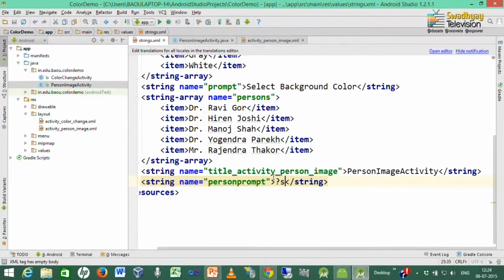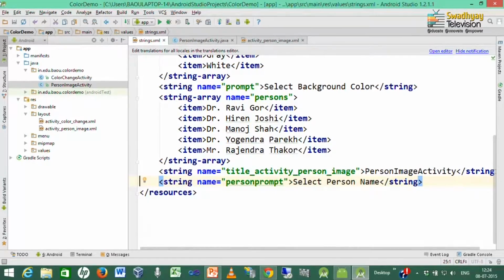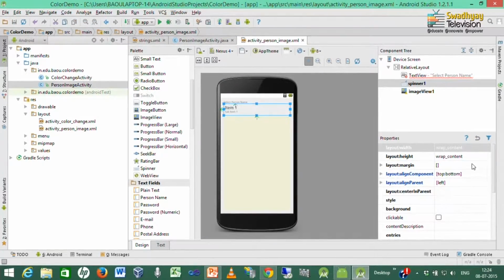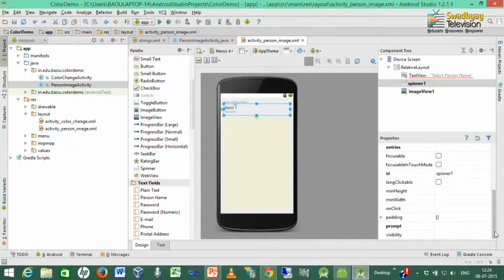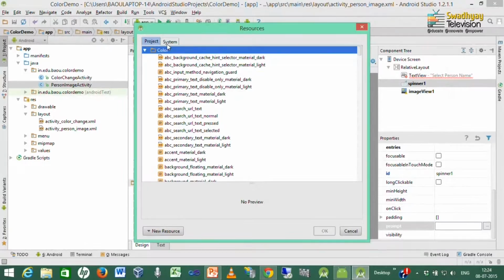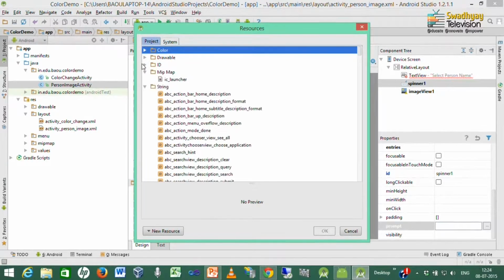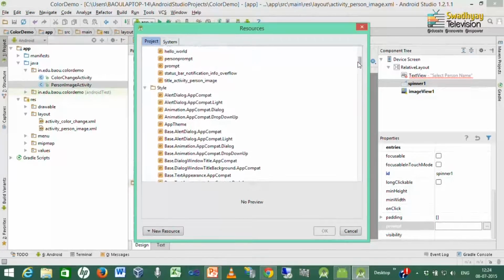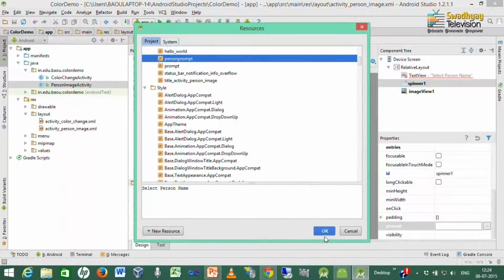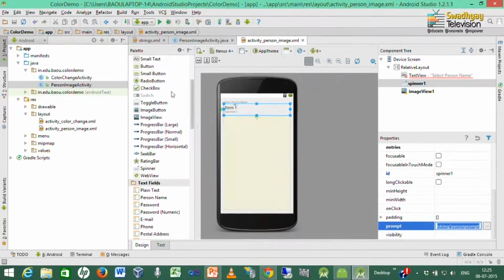So, here I write "Select person name", and inside the spinner prompt we specify the prompt string. So, person prompt is the prompt for this spinner. So, we select this file.